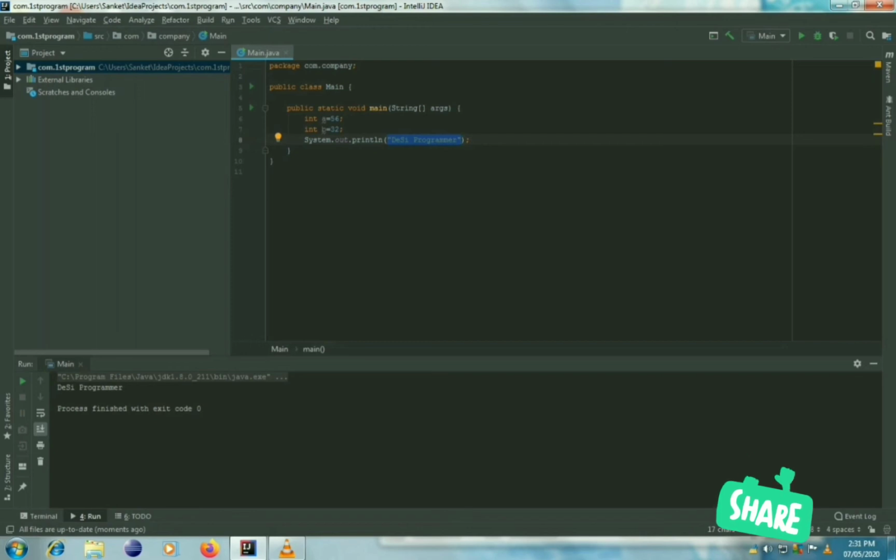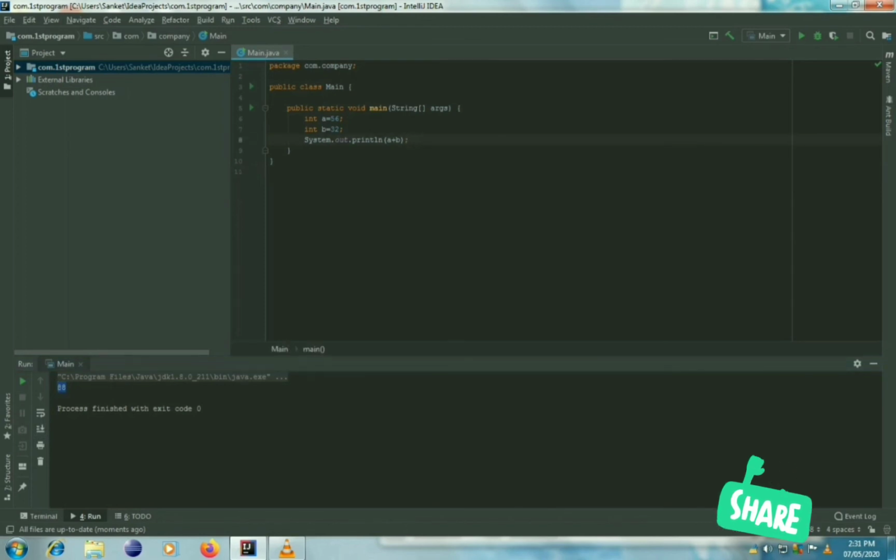So the variable holds the value. System.out.println in brackets a plus b, bracket complete and semicolon, and then build and run. As you run the program, the console will show the value of addition.